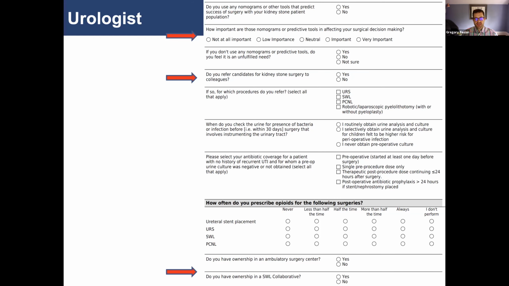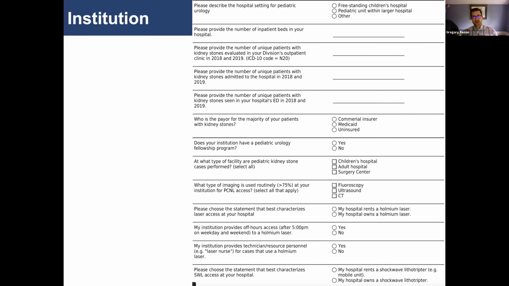And then finally, because there are surgeons who do have ownership in some of the equipment used in surgery, we wanted to be able to have this understanding and this knowledge at the beginning of the study so that, again, we can understand the context in which care is delivered. We've also obtained information on the larger health system in which each individual surgeon practices. And this questionnaire assesses,